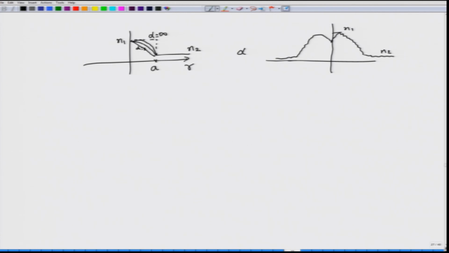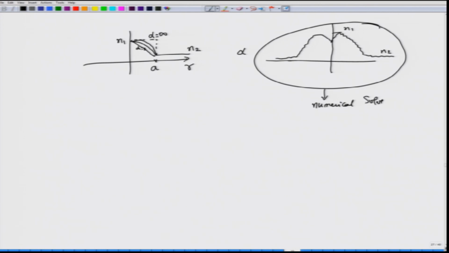Okay. However, to analyze these types of fibers with such complicated refractive index profiles, you cannot really do it with analytical means. So, what you have to do is to put them onto some kind of numerical solvers. Okay. And what I will do later on will be to tell you how to go about these numerical solutions, but I will not be able to show you how to write codes and algorithms that will actually help you solve these types of real world problems. Okay. For our course, it is sufficient for us to consider things to be reasonably simple, but not too simple, so that we do not obscure the understanding of the fibers. Okay. Anyway, we come back to this.